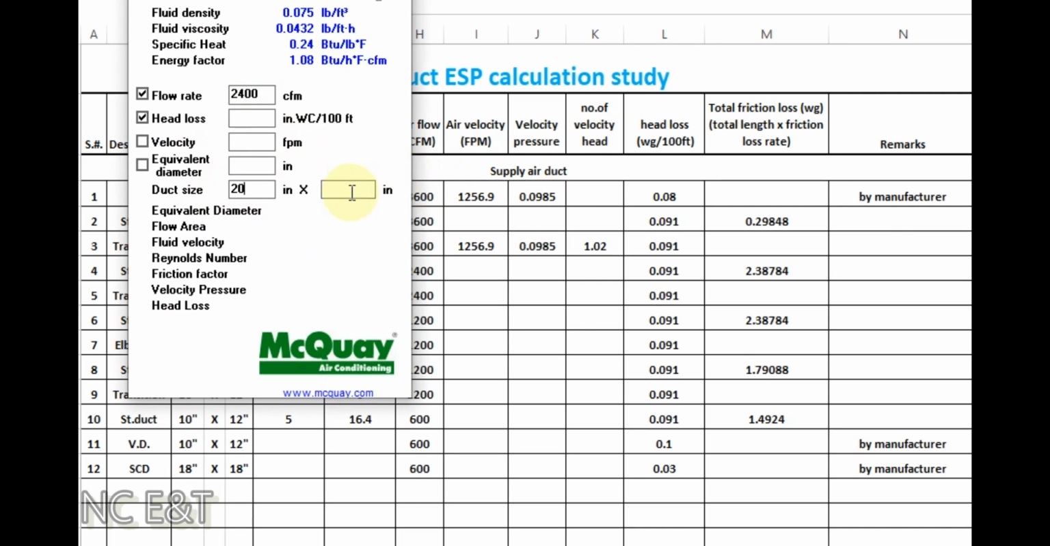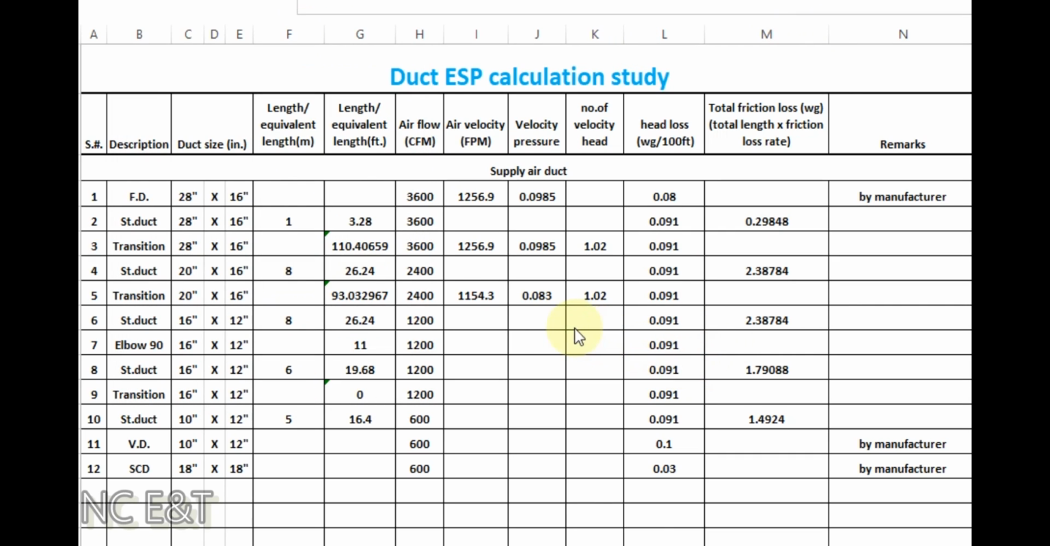Then we will make calculation with 2400 CFM with a duct size 20 by 16 inch. And as we are making this calculation assuming the equal friction method, we will follow the same friction loss, but the fluid velocity will change. It is now 1154.3 and the velocity pressure is 0.083 water gauge. After applying this value in this Excel sheet, we have calculated the equivalent length for this duct transition piece, which is equal to